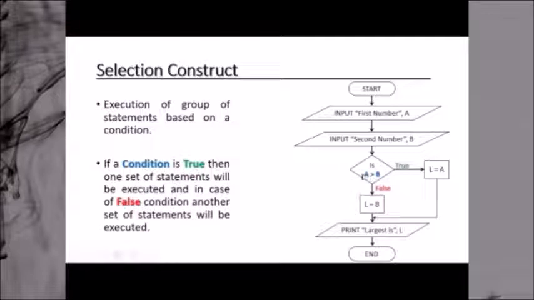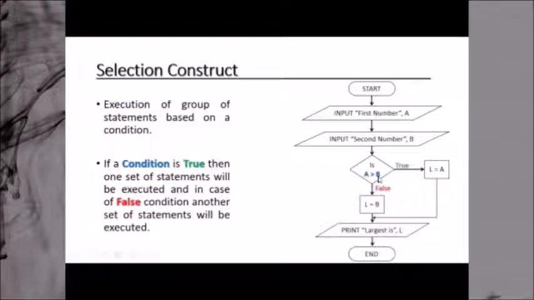Is A greater than B? We are comparing whether A, the value entered by the user, is greater than the second number, the value entered by the user. Either this statement is true or it is false. If it is true, we follow this particular path, and if it is false, we follow the other path.